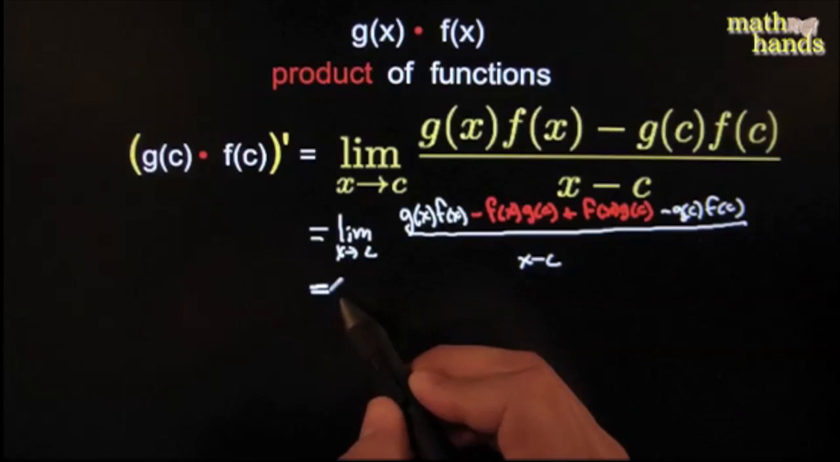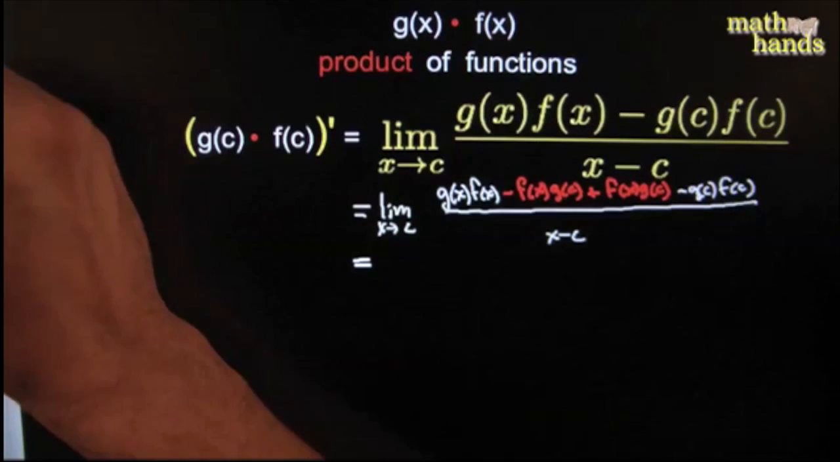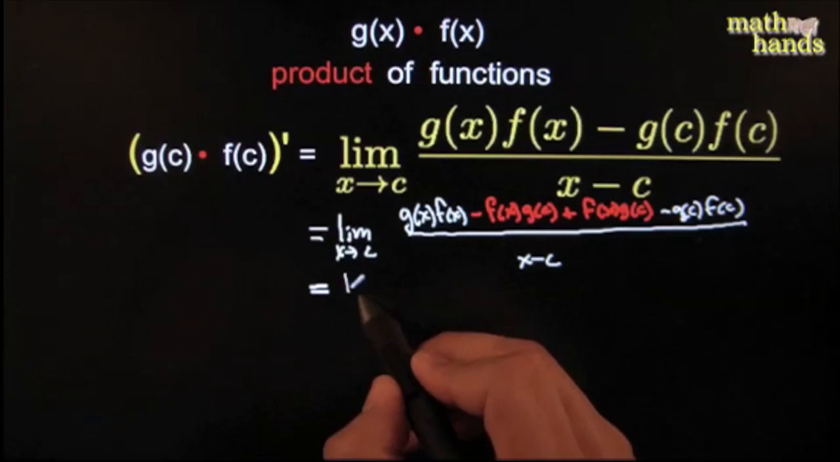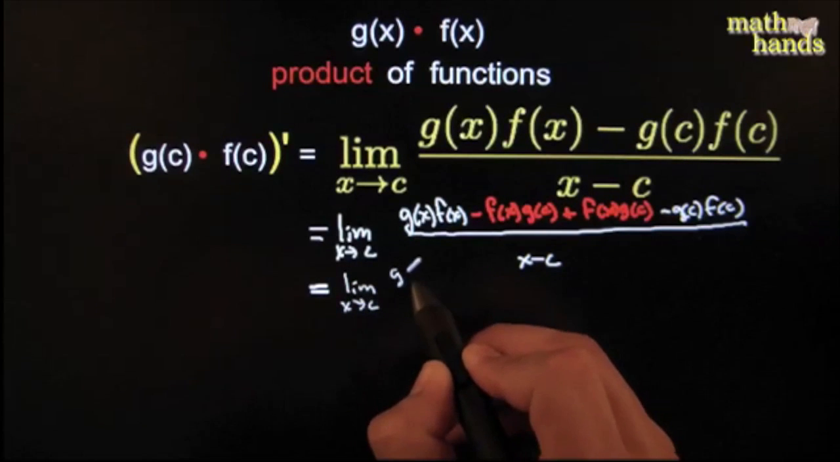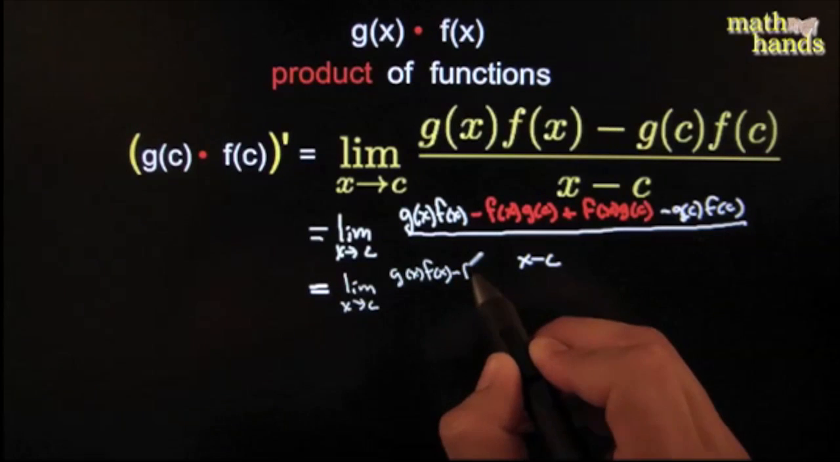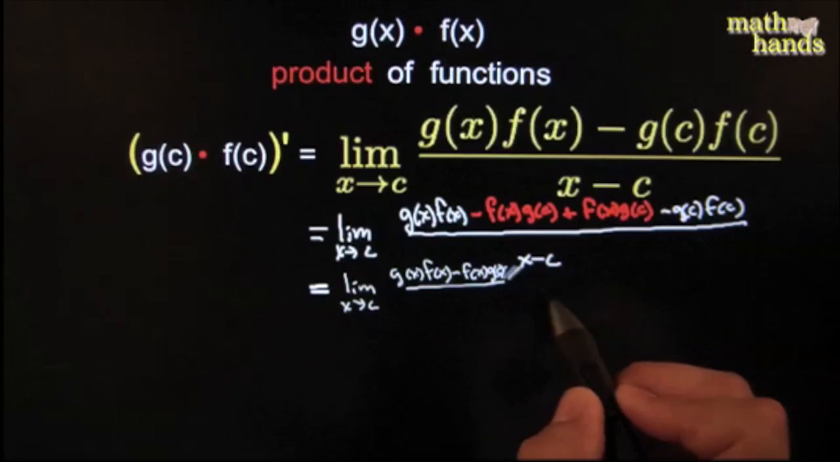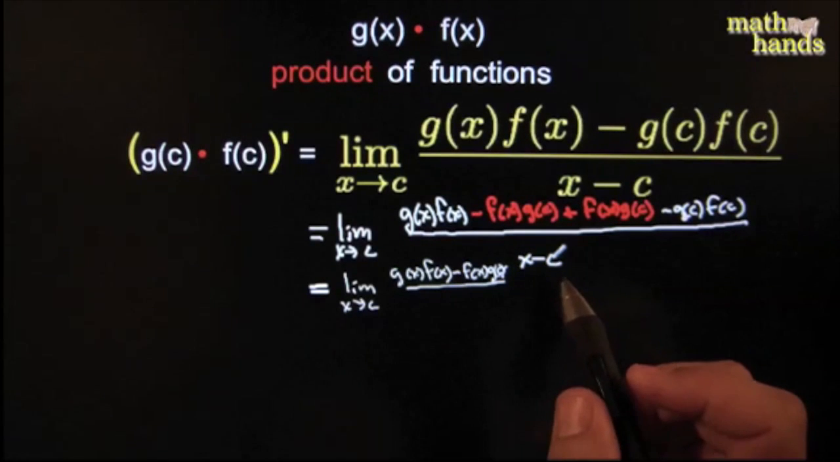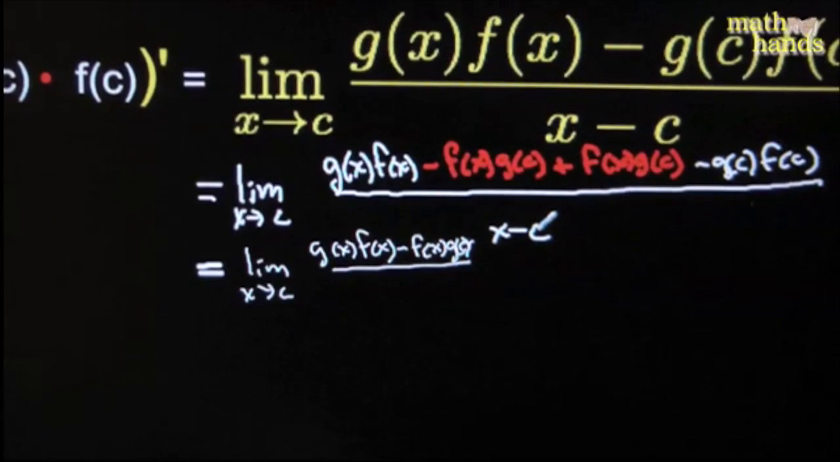And then you separate this into two separate little fractions. You say, all right, this is equal to, I'm going to need some more room, so I'm going to make these lines thinner. This would be the limit as x goes to c of g of x times f of x minus f of x g of c